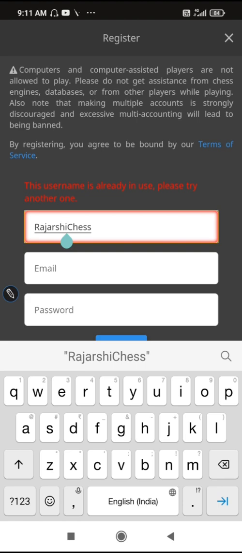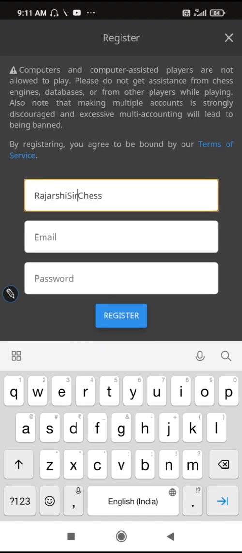Since this is worldwide, I have to put some other name. So I am writing Rajoshri Sir. See, there is no one else as Rajoshri Sir. Rajoshri Sir Chess, there is no one else with that name, so it is accepting. So don't get nervous when you are typing your name and it is showing certain red marks.